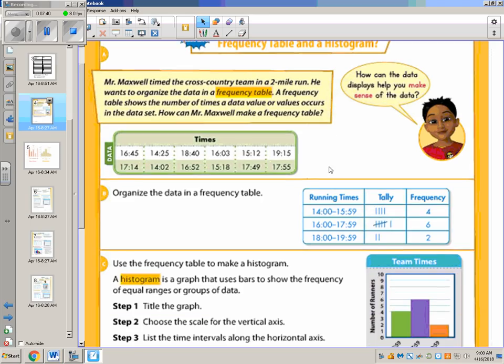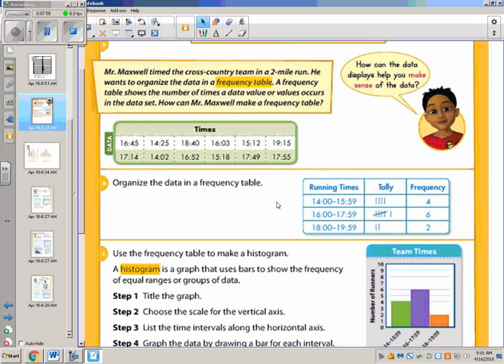So the first thing they do is give us the times of his runners, okay? The first runner finished it in 16 minutes 45 seconds. And if we look, none of these are in order, and they're all kind of different. So the first thing they tell us to do is organize it in a data table. So they make